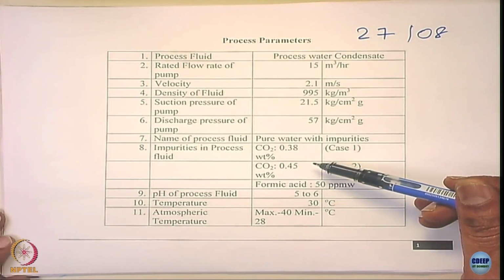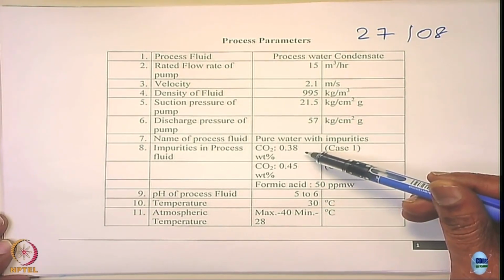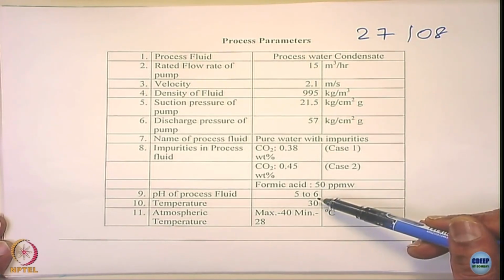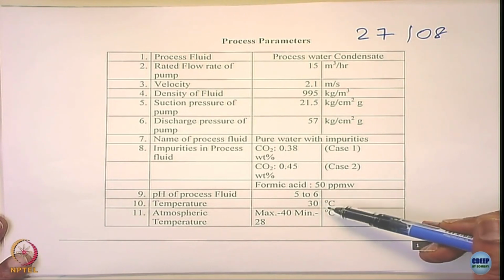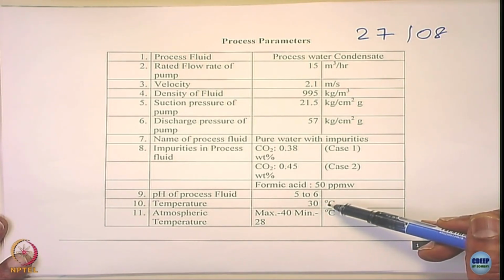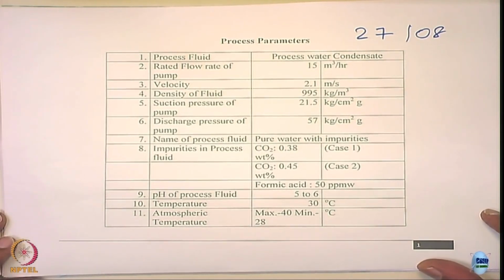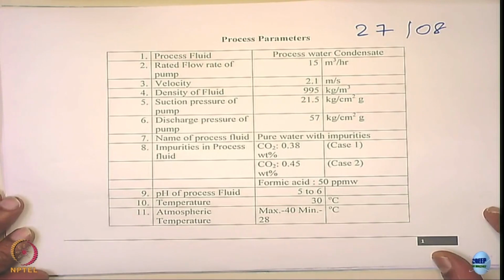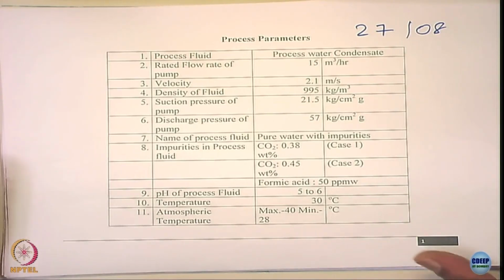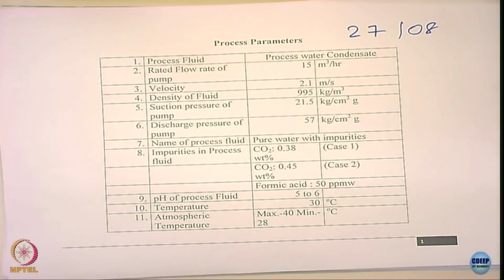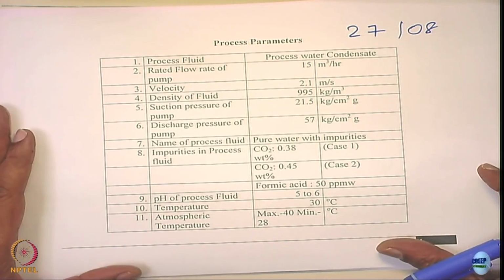From the point of view of corrosion, these are interesting. Now impurities of carbon dioxide, formic acid, all the stuff. So the pH is between 5 to 6. The temperature is around 30 degrees Celsius, and maximum of course you can go to 40 degrees Celsius at atmospheric temperatures. So initially in the design they thought that the pump should be made of martensitic grade stainless steel. They were planning to have martensitic grade stainless steel,